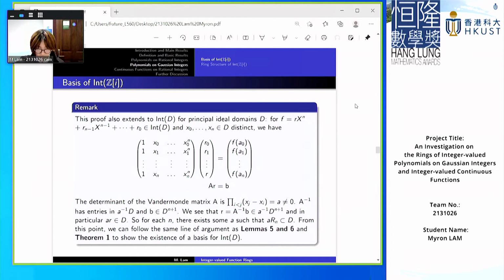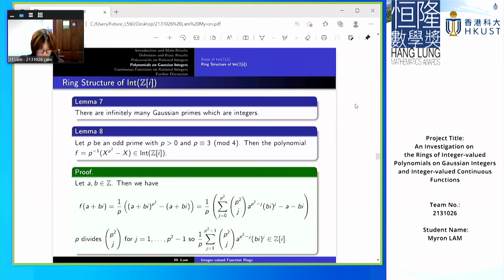And from this point onward, we can just follow the same line of argument as before to prove the existence of basis. Now we move on to the ring structure of Int(Z[i]). There are infinitely many Gaussian primes which are rational integers, and for each such prime, there is an integer-valued polynomial in Int(Z[i]) with leading coefficient 1 over p, in the form 1 over p times x to the p